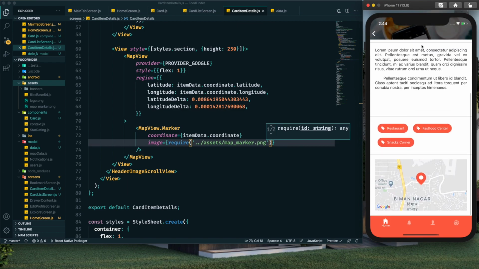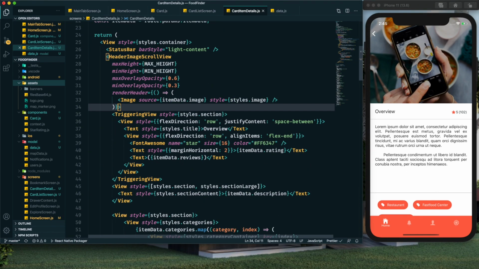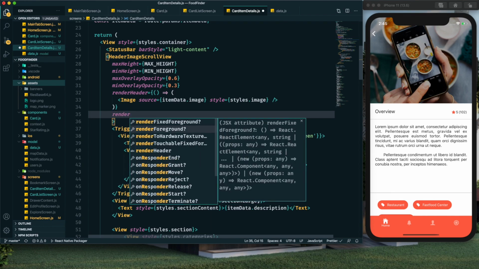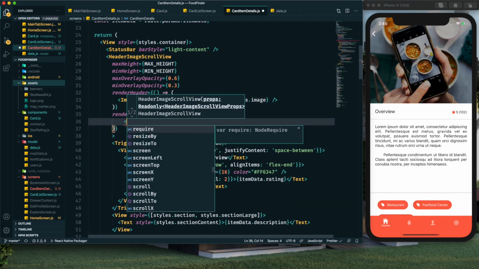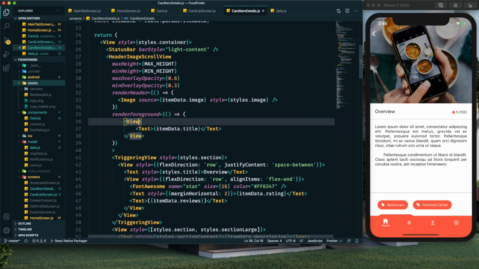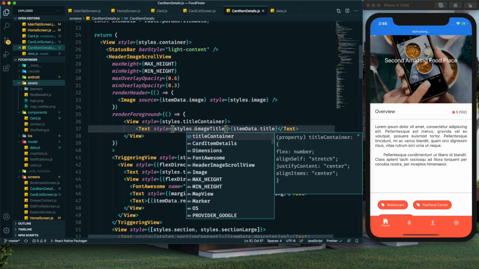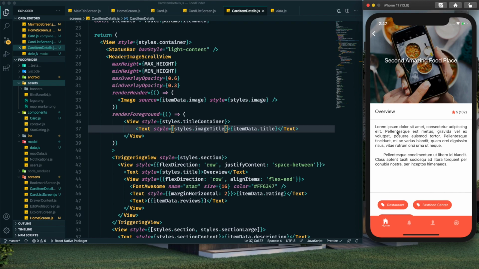Now we can start implementing our animation and we can display our title over here. So now for the title, here we can render foreground, and here we will return a view, and within this view we will provide item data title. So here we can see our text has been appeared in this status bar section. So we need to provide some styling. So it is the title container for this view. For this text style I will provide image title style. So now it's showing the title perfectly,